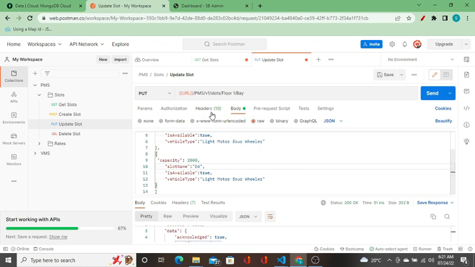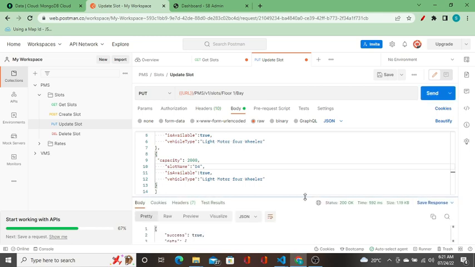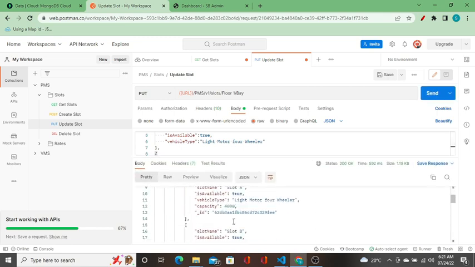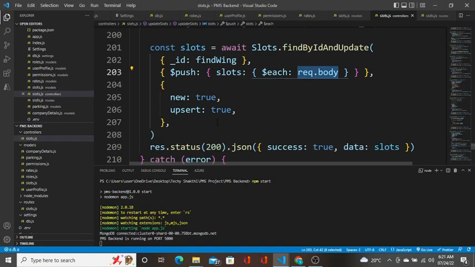Okay, so the headers are configured. Body, I'm going to send this. Let's see whether it works or not. We got the success. Okay, now what? In find by id and update we have said new equal to true, and we have mentioned upsert. This is a new word. If you see, upsert means update, else insert. So upsert means